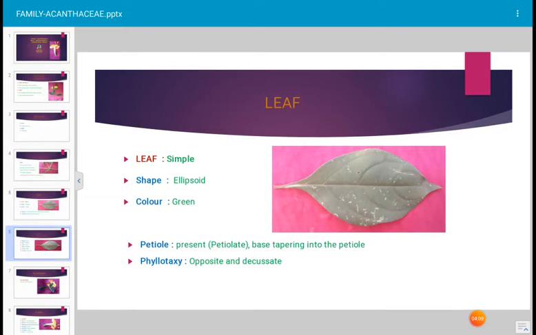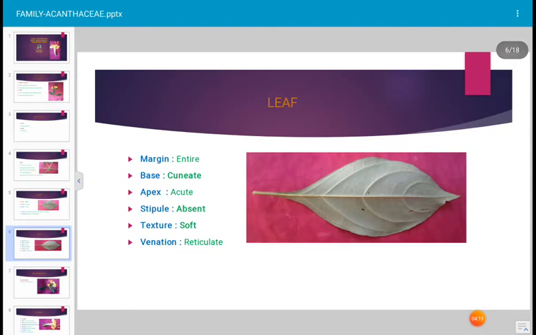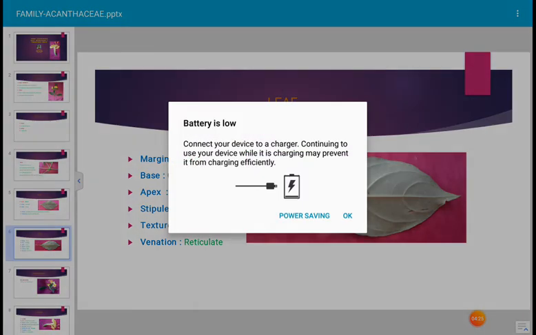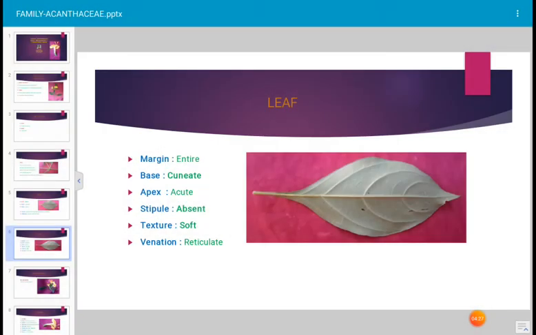Next heading. This is also about the leaf. This is the lower surface of the leaf in the photograph. The margin of the leaf is entire because it is continuous, a soft margin. Such a margin is described as entire margin. See this in the figure. And the base of the leaf is cuneate, gradually becomes pointed and attached to the petiole, and the apex is acute, again pointed.